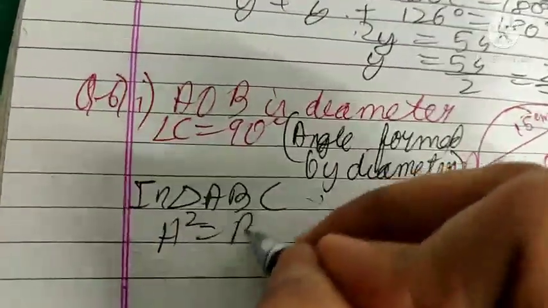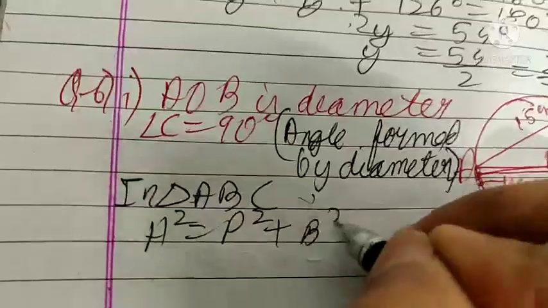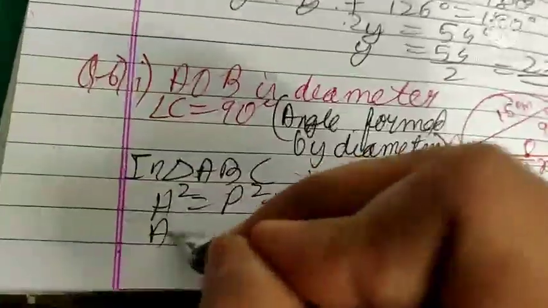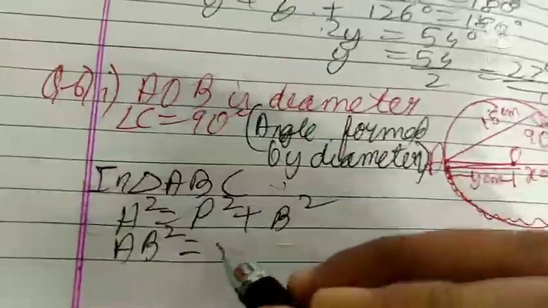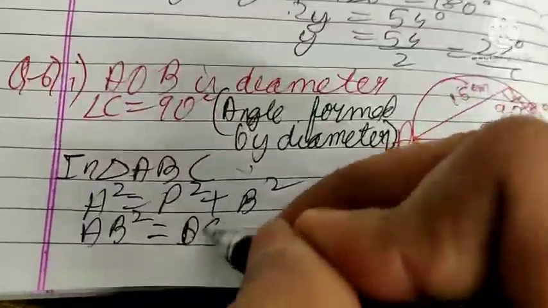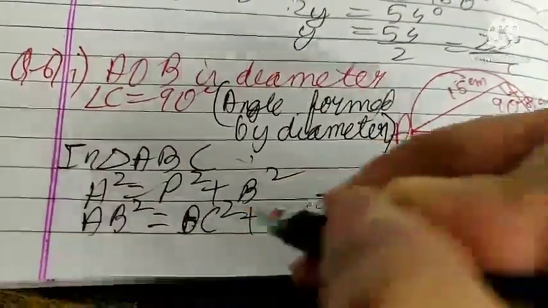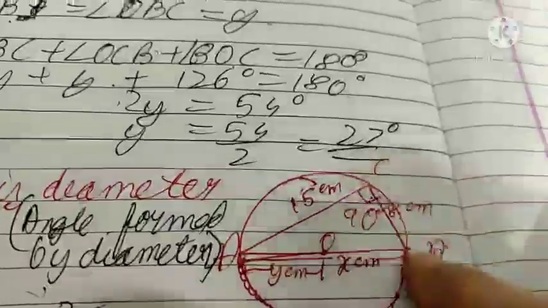That is, h square equals p square plus b square. Here h is the line in front of 90 degrees, that is AB. AB square is equal to BC square plus AC square. So here AB is x, BC is 8,